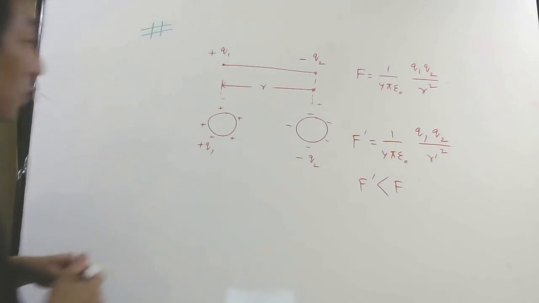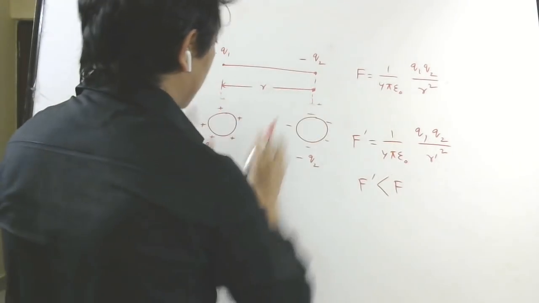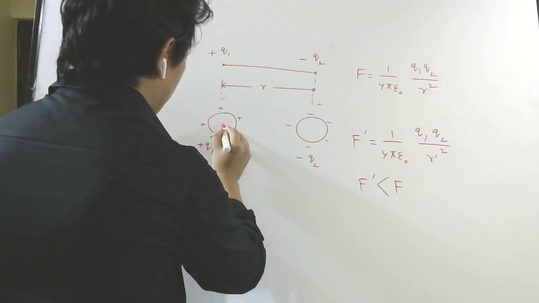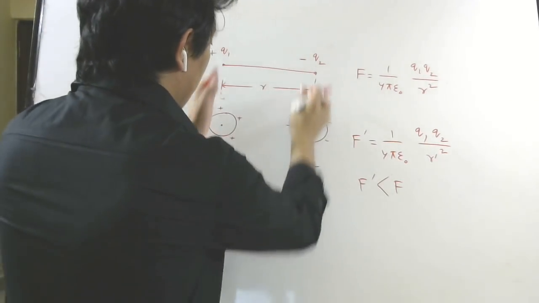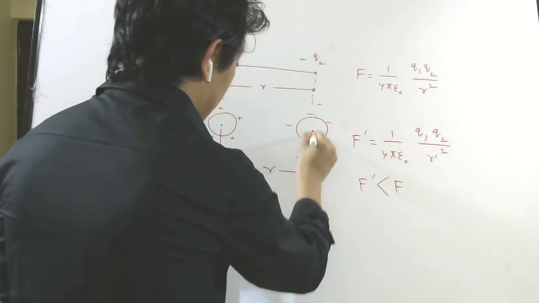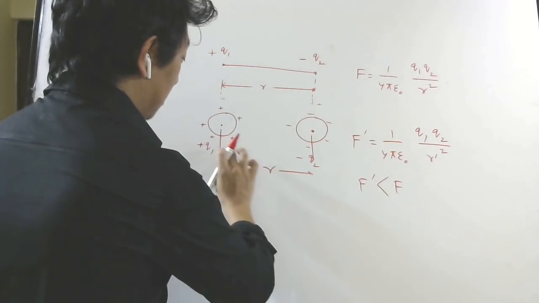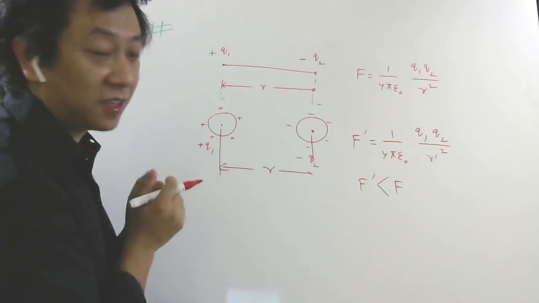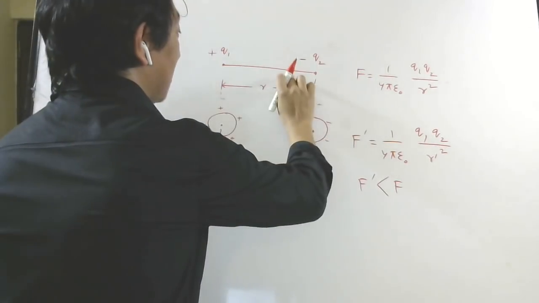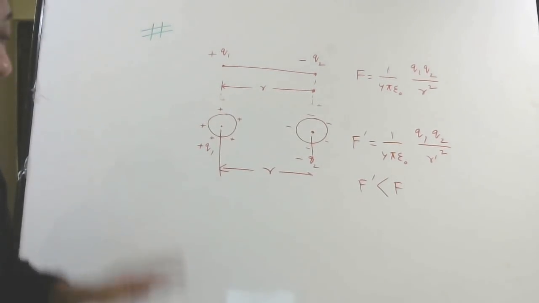Okay, now when I bring them close and ask you what will be the force between them. See, this is q1, this is q1, this is minus q2, this is minus q2. The center of this and the center of this is also at the same distance r. This is also r. So my question to you is, will the attractive force, now it will be attractive, right? Unlike charges. So will the attractive force now be the same as this one in magnitude? So try to think and let me know the answer in the comment.